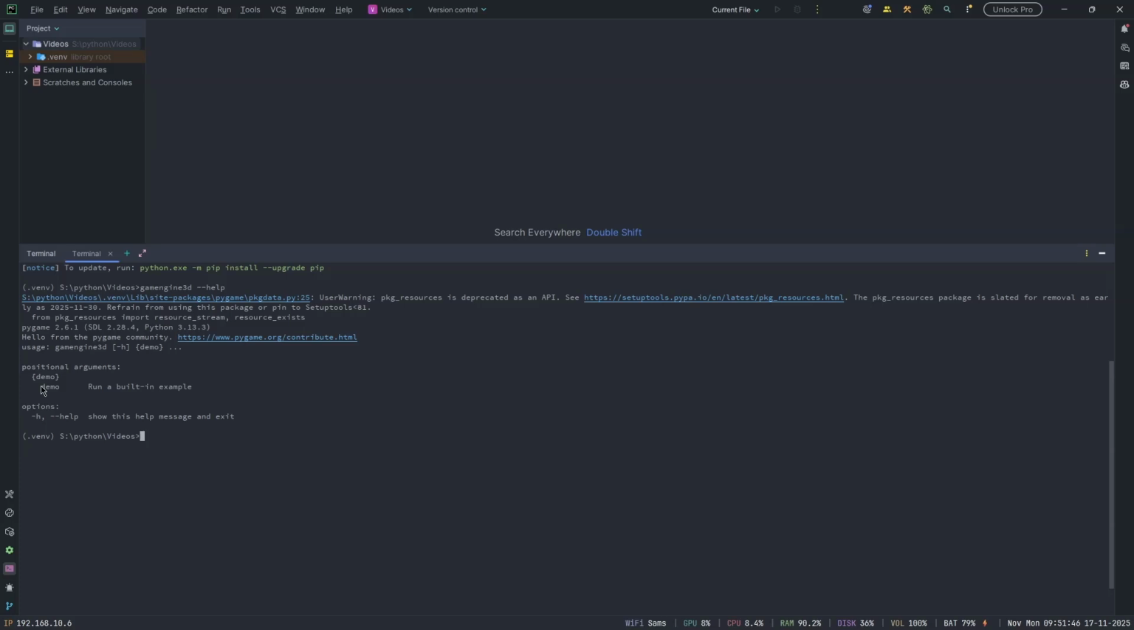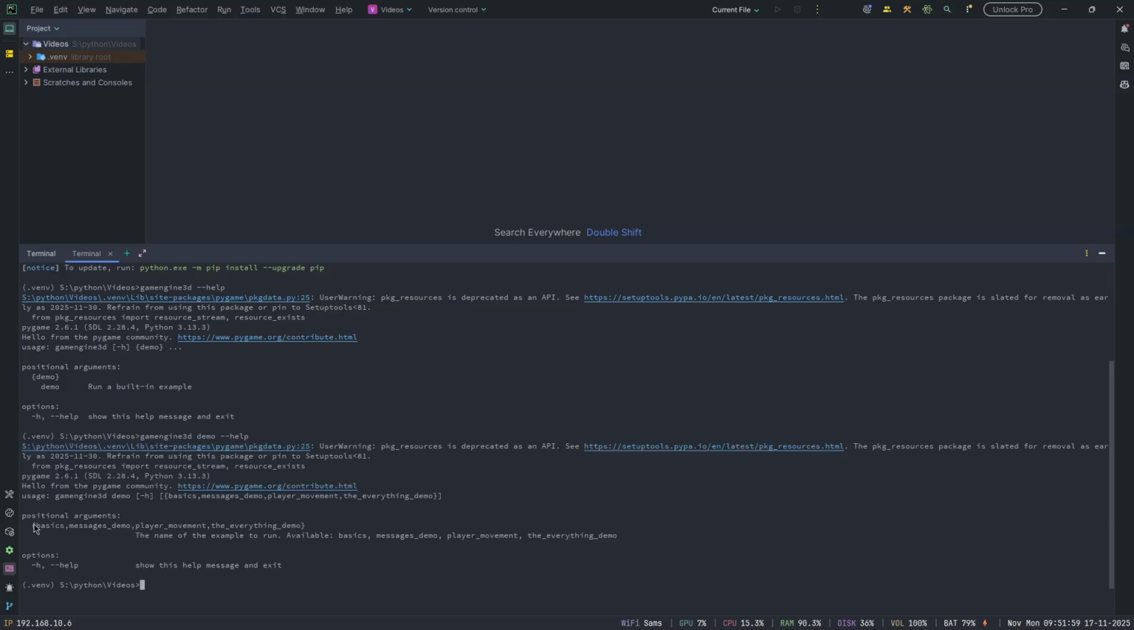So you can see we can provide a demo, so that's an argument, and let's say gamengine3d demo --help or -h also. And it says here it takes a positional argument, and it's the name of the example to run, and the available examples are these 4: basics, messages demo, player movement, and the everything demo. So let's take a look at the basics demo. So for that we just say gamengine3d